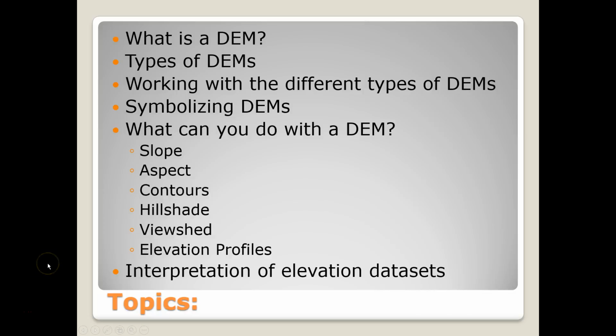A digital elevation model is the starting point for terrain analysis. This video is going to talk about what a DEM is, what we can do with it, the various types. We're going to learn how to symbolize DEMs, and then we're going to learn about the other data sets and analysis that we can derive from a digital elevation model, such as slope, aspect, contours, and so forth. We'll also learn how to interpret these elevation data sets so that we know what it is that we're looking